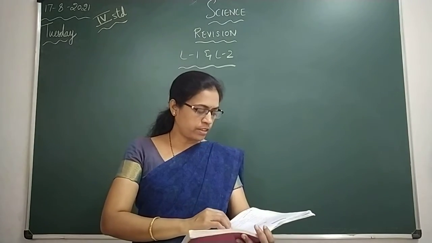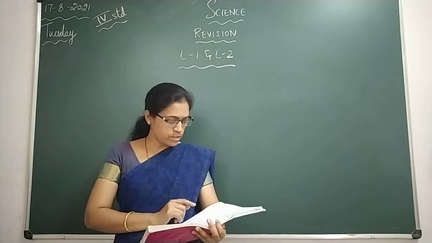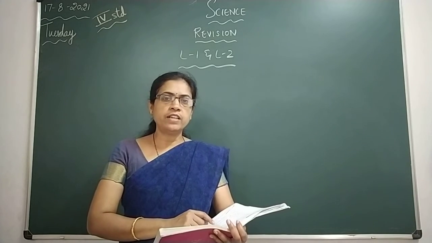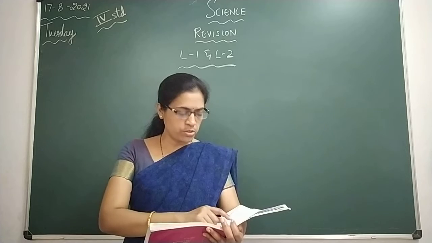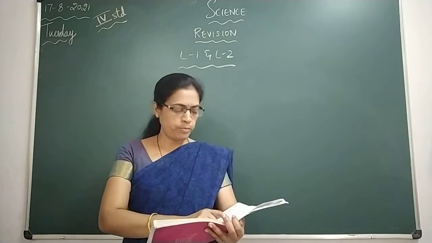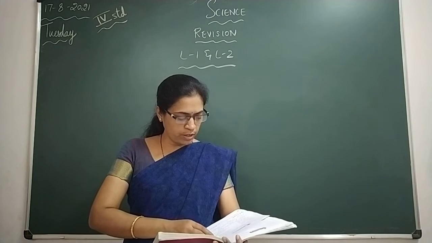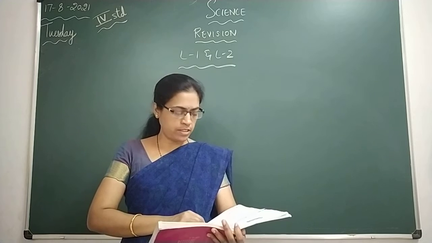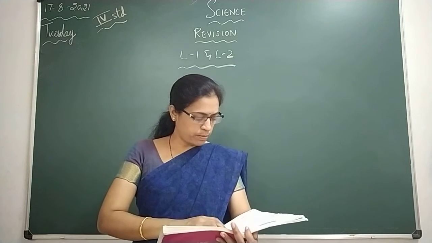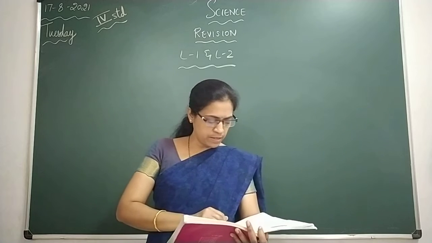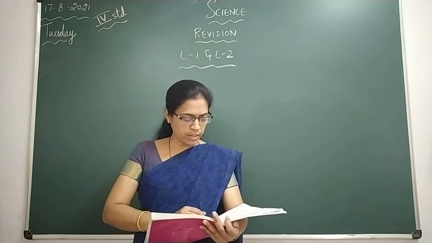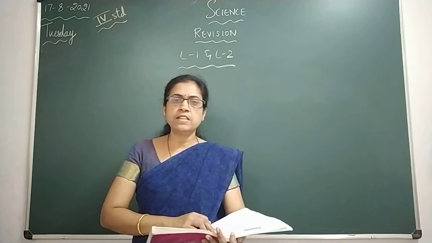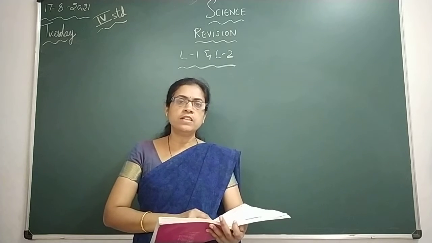In that first main, pick the correct answer. In the first one, which one of the following sheds its leaves in autumn? The options are teak, shisham, palm and rubber. So shisham is the correct option, that is option B. And then the second one, which of the following plants grow well in the area which has salty water and humid climate? The options are plants in hilly areas, plants in coastal areas, plants in deserts, plants in grasslands. That is plants in coastal areas, option B.